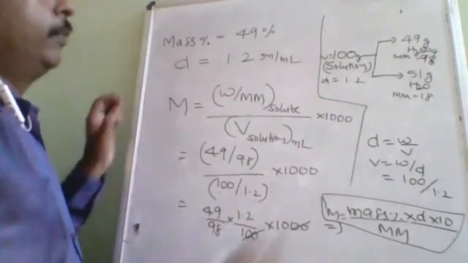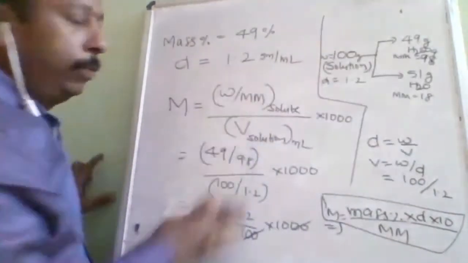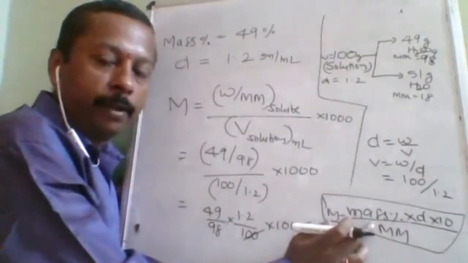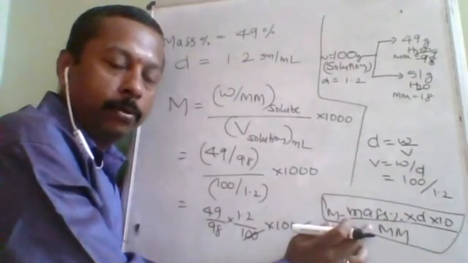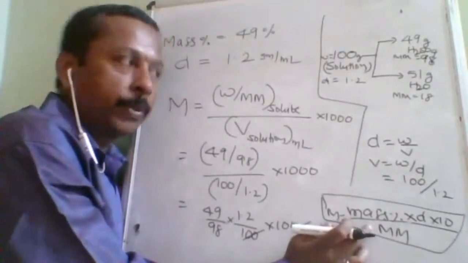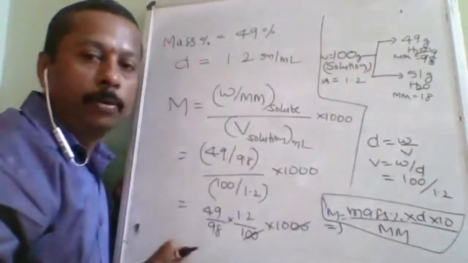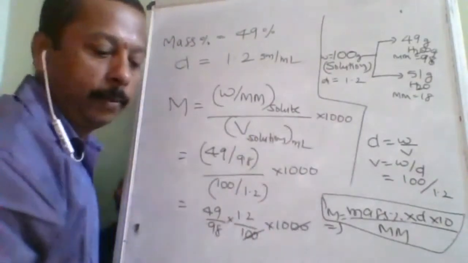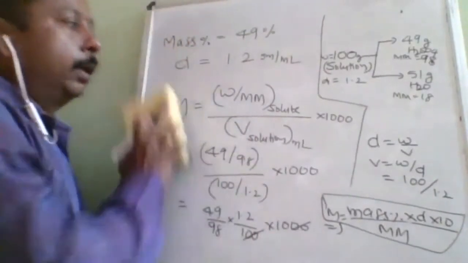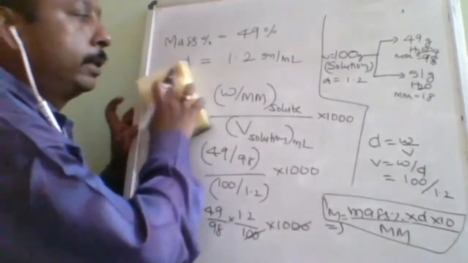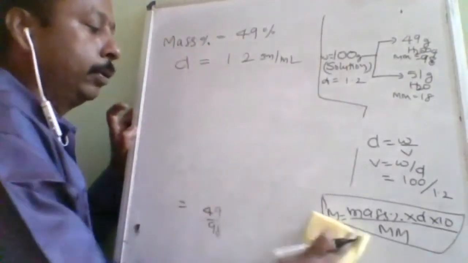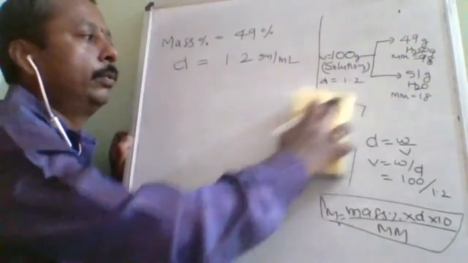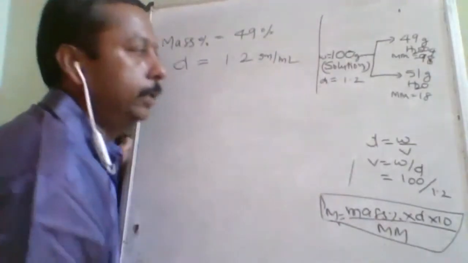Now, if you write in this fashion, not only molarity you will be able to know. If you read it like this, you will be able to solve only molarity. But if you write like this, you will be able to find out everything. See from this table how I am going to utilize it. So molarity, yesterday's first question, it is clear now. If you can understand yesterday's first question, that means you can understand all other easy questions.